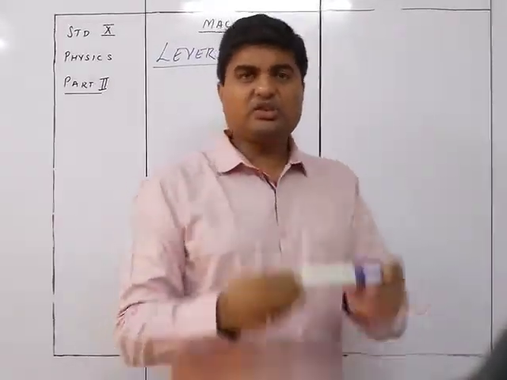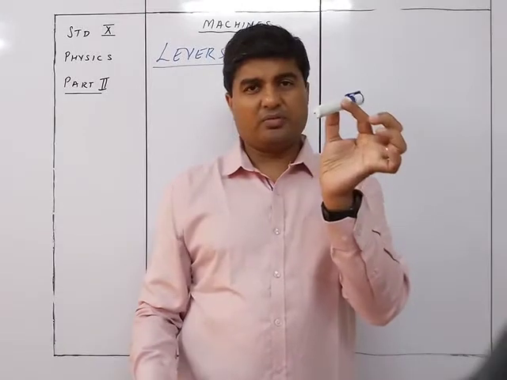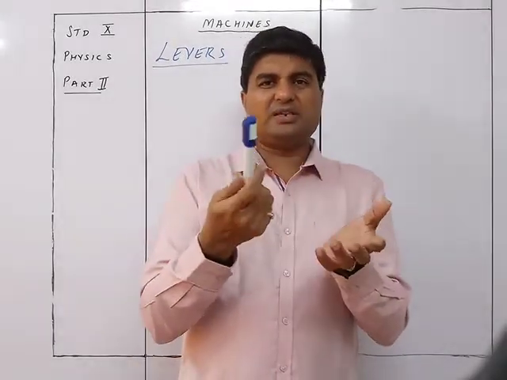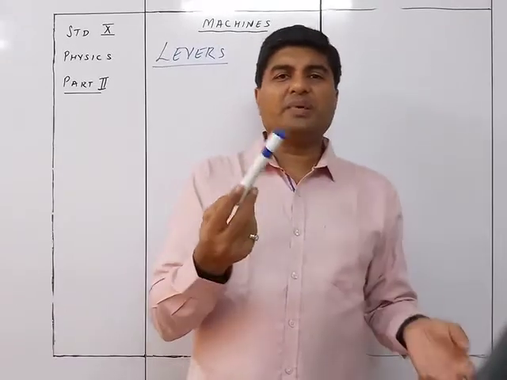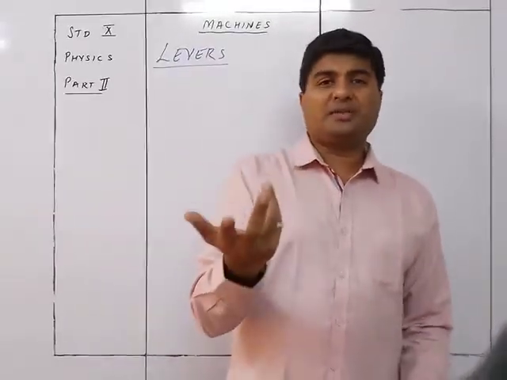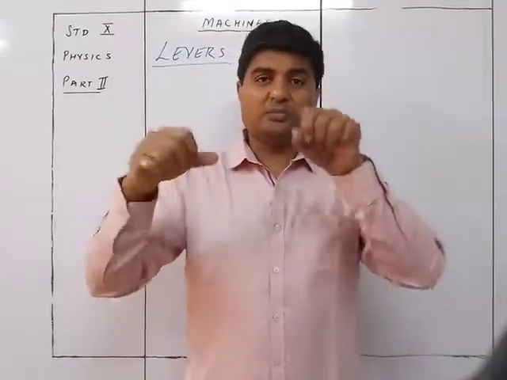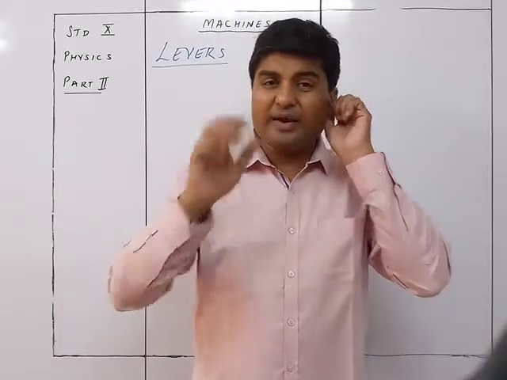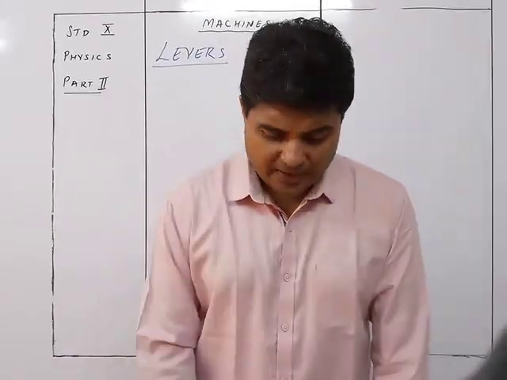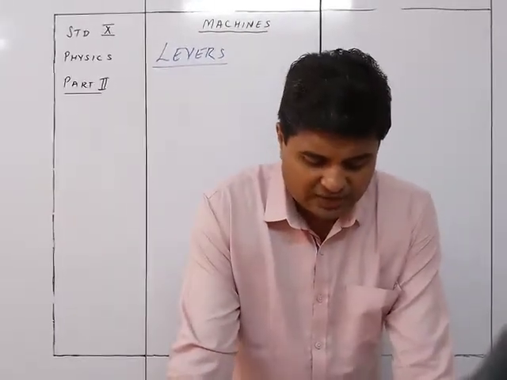Levers, this could also be a lever. Yes, a simple rod could be a lever. Levers are just straight rods, or you can say they are very simple kinds of devices. A bottle opener is a lever. The oar with which boating is done is also a lever. So levers are the simplest kind of machines used in our daily life.